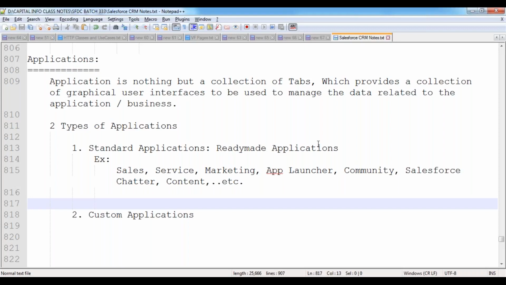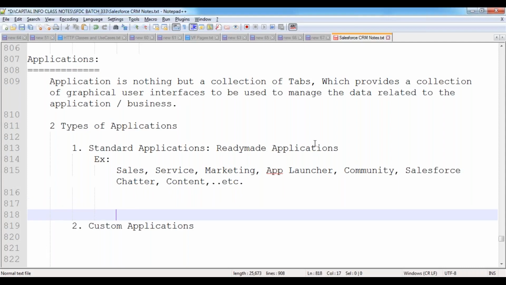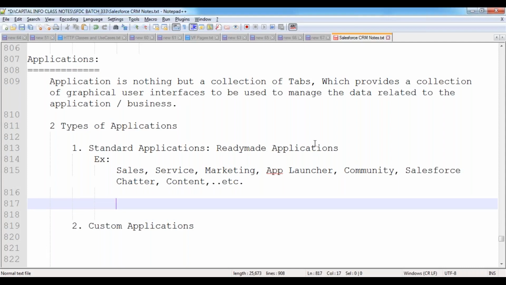Those we can customize. Customize means we can add some more additional enhancements also. We can leverage the functionalities of those applications, which have been given by Salesforce by default. So the standard applications given by Salesforce, we can customize. That means we can add some more additional enhancements also.